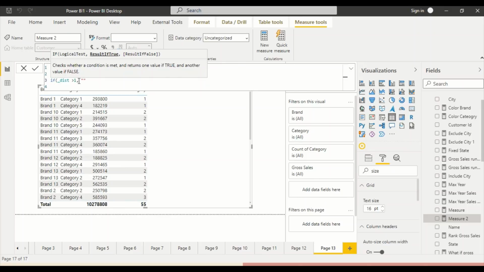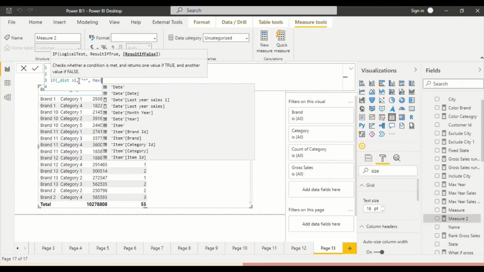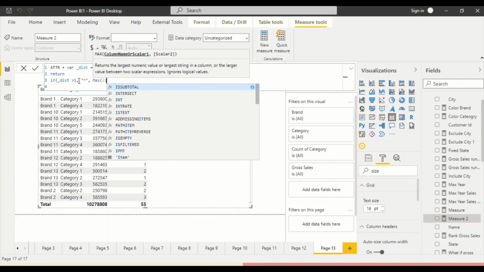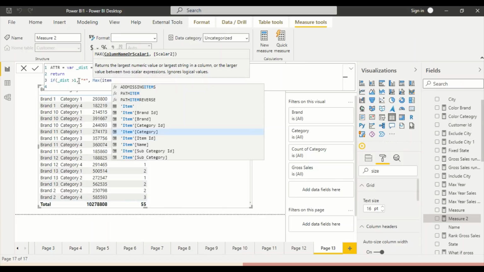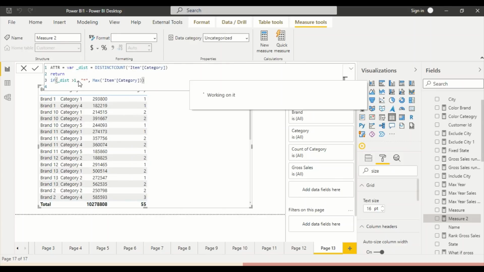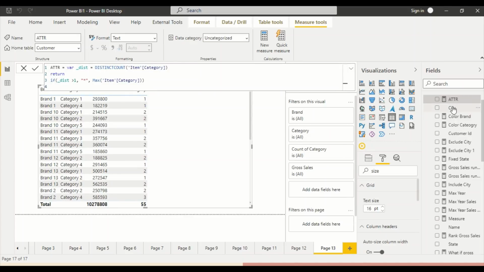We should give the star, else we should give max of item category, and we have to take max. Okay, because it's a measure, so both sides should have aggregation. So the star is basically a constant, so we can have it.